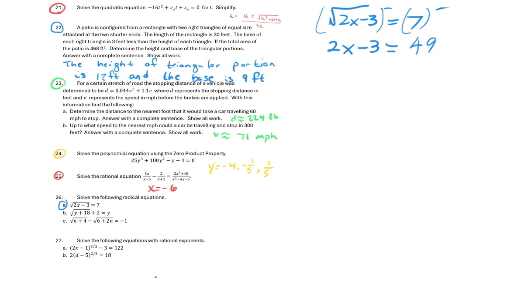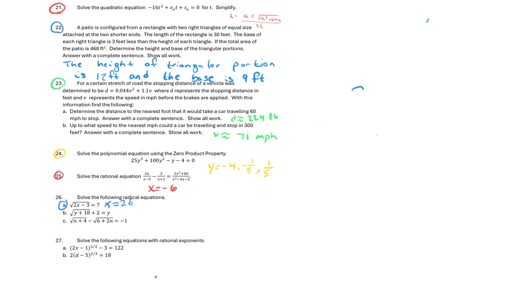Now what we want to do is get like terms on one side, so we're going to add 3. That leaves us with 2x is equal to 52. Now dividing both sides by 2, we know that x is equal to 26. So remember, x is equal to 26. Now looking at our next part,